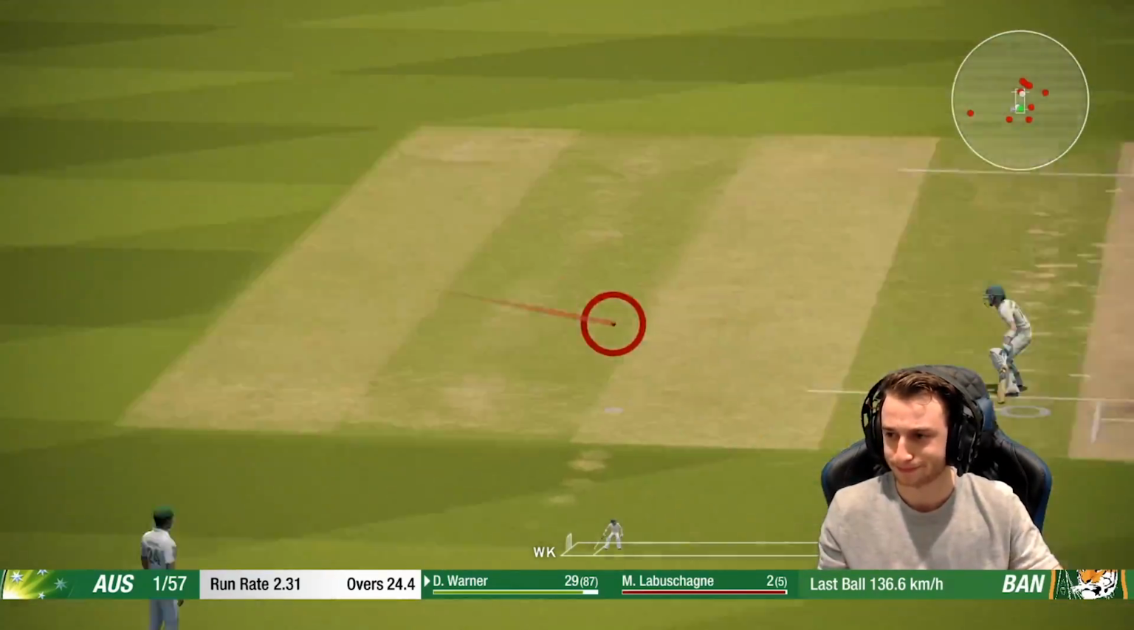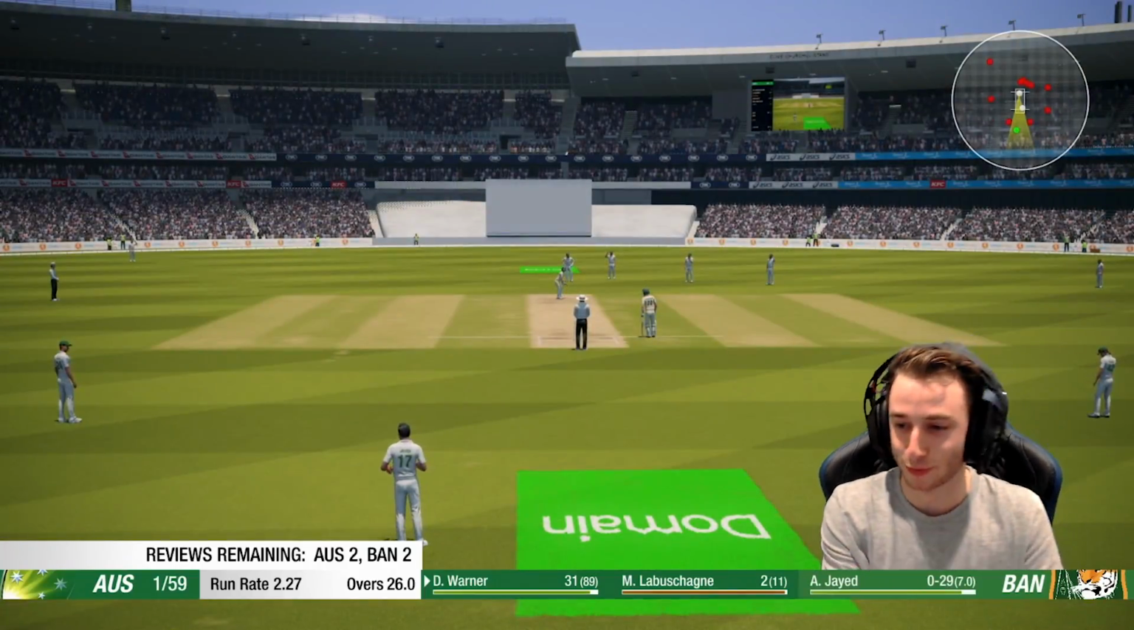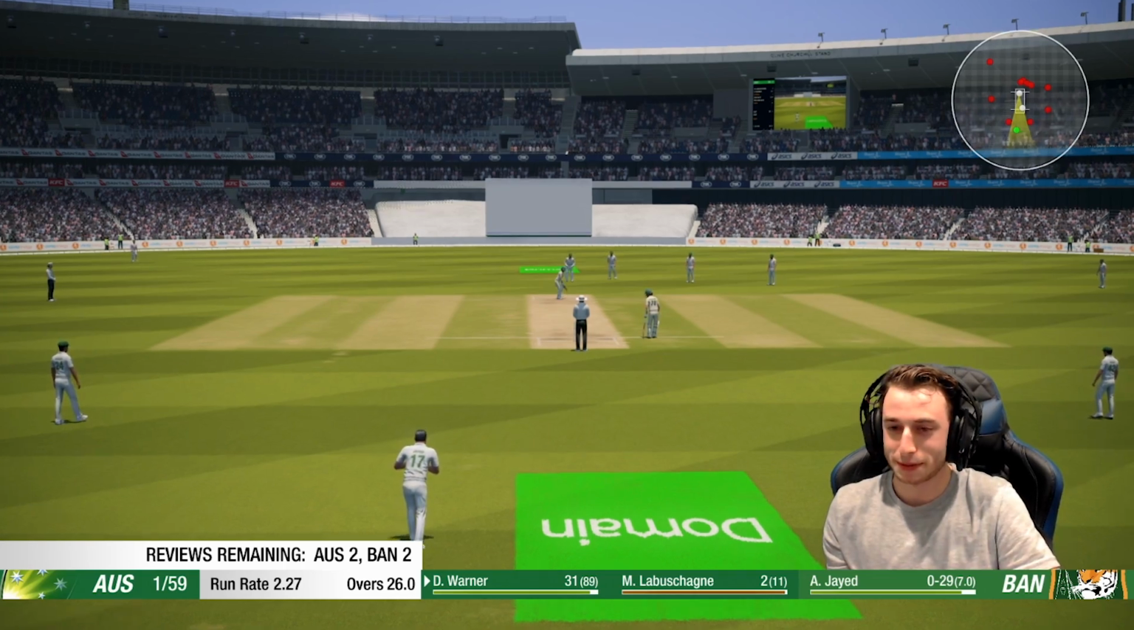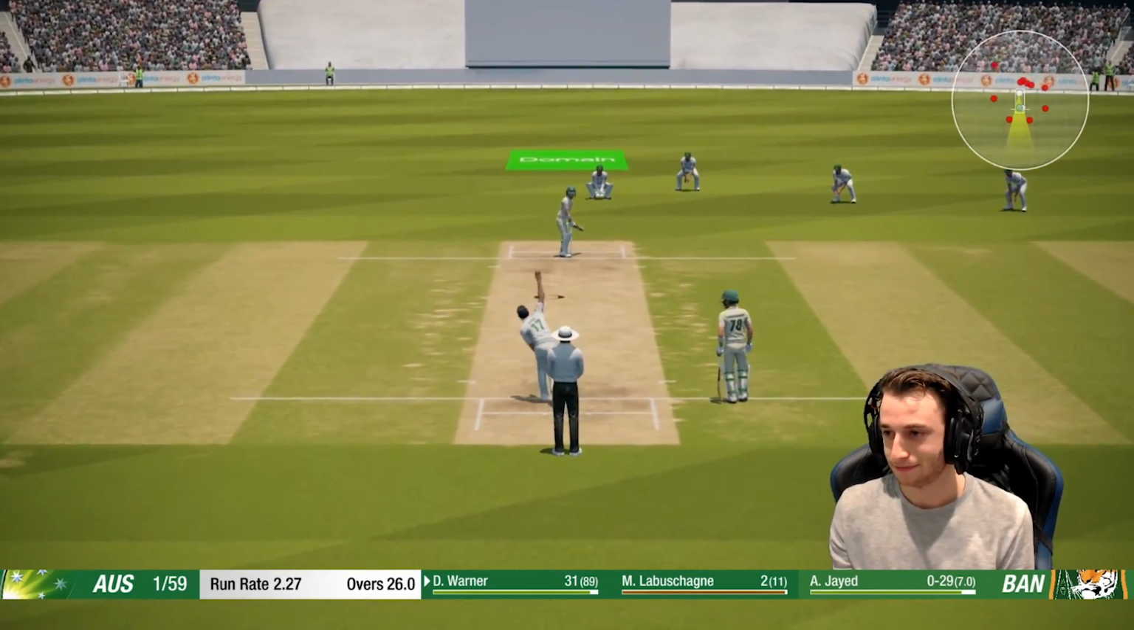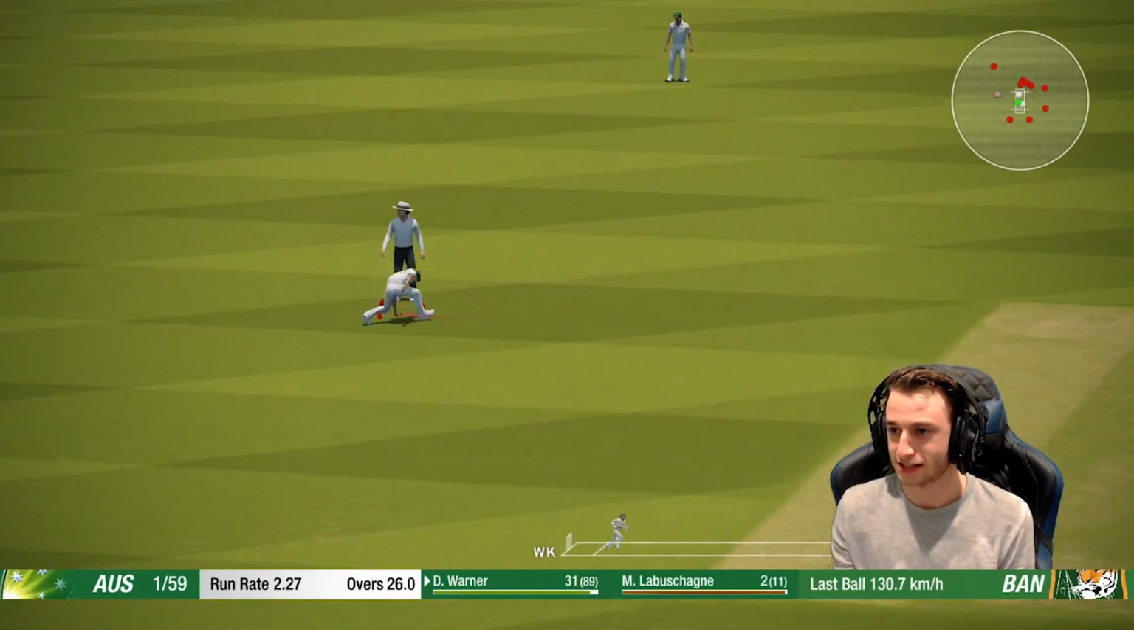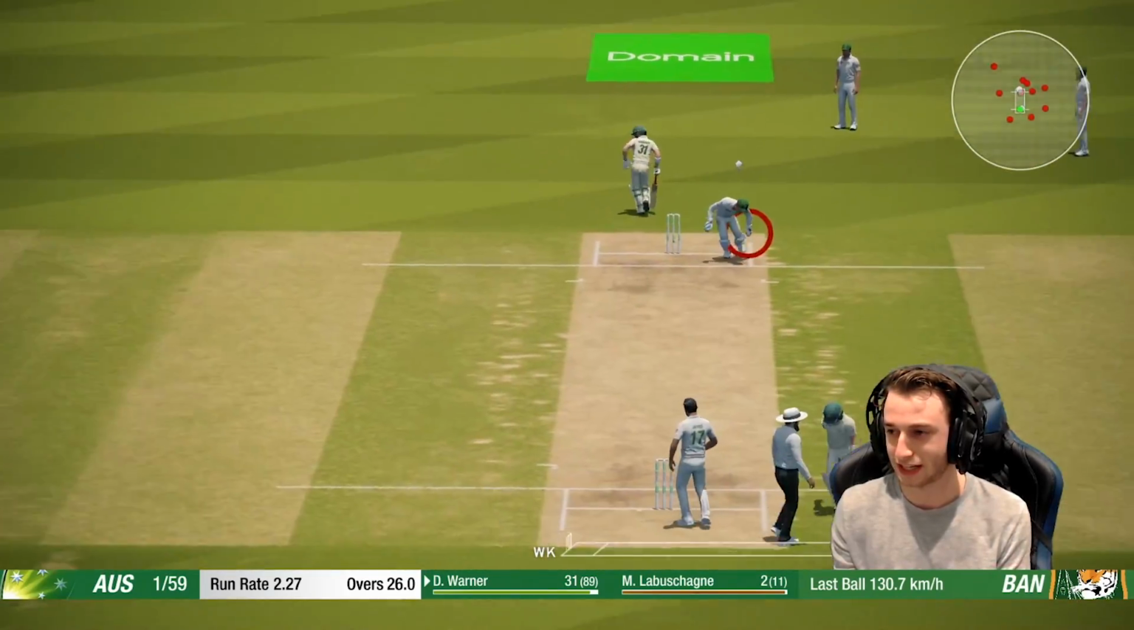For 2. I'm very happy with my performance so far, by the way. I know I'm probably batting a little bit slower than I would have liked to be, but the fact that it's 26 overs gone and I've only lost the 1 wicket,